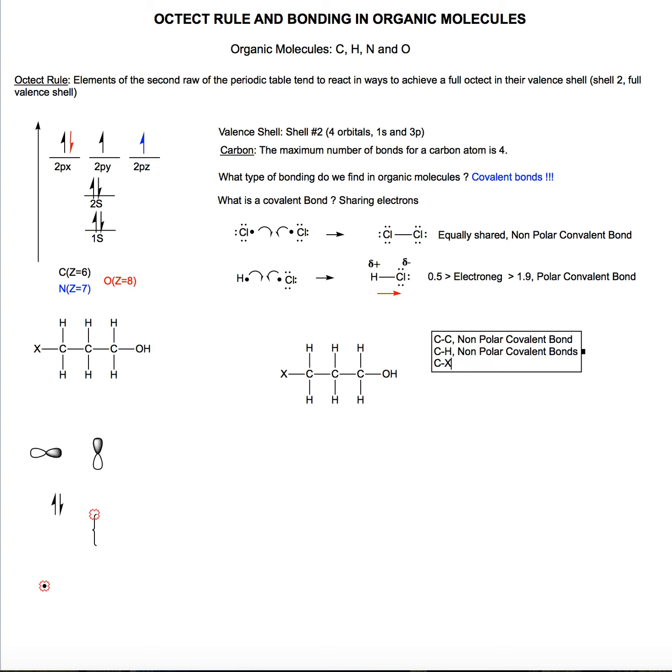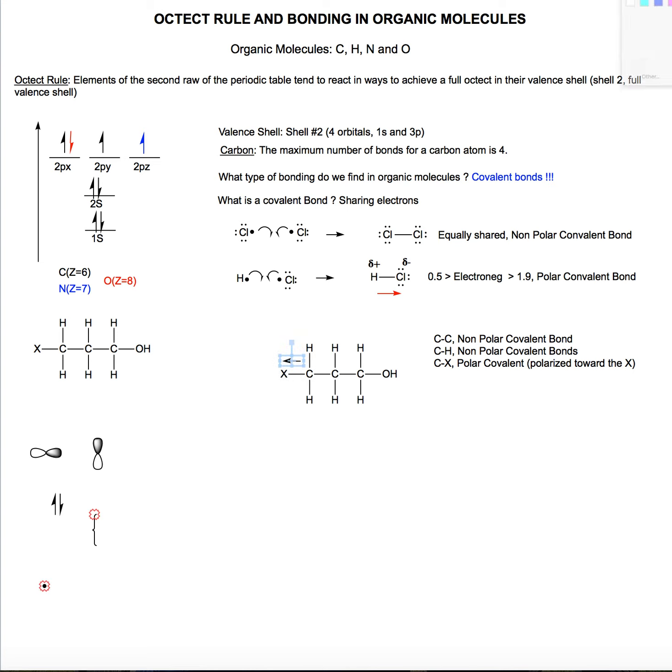Now, the carbon-halogen bond is a different thing. Halogens are more electronegative than carbon, meaning that they are pulling the electrons of the covalent bond more toward themselves. So the electrons in between carbon and halogen are not equally shared. So this is a polar covalent bond, and we're gonna say that it's polarized toward the halogen atom. That means the electrons are closer to the halogen,